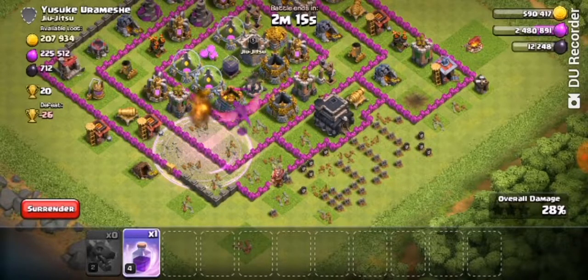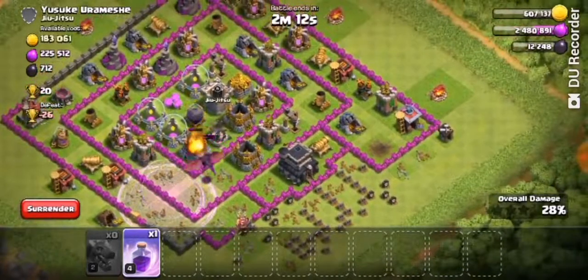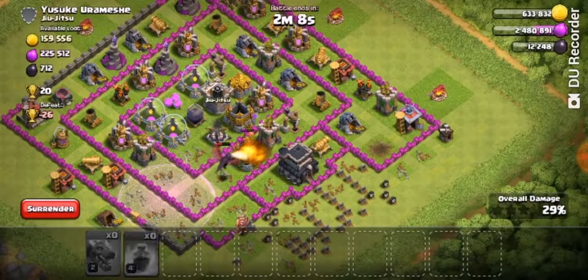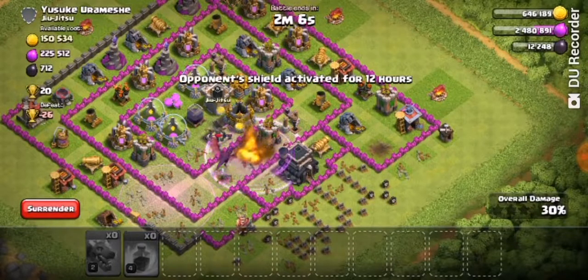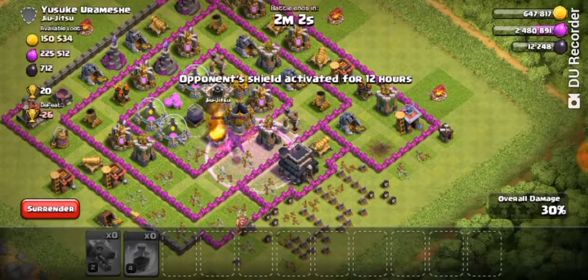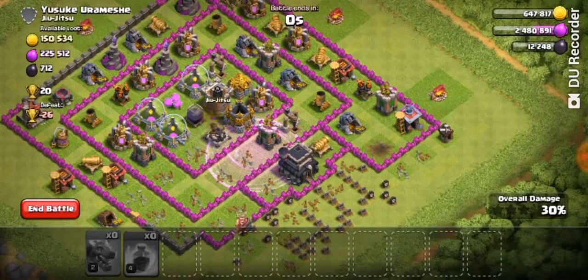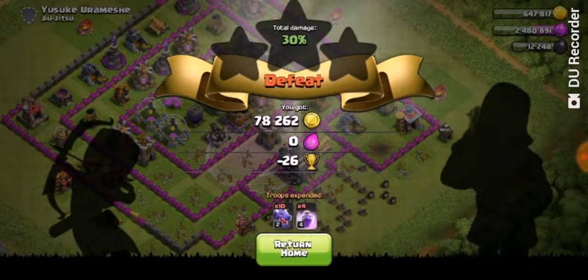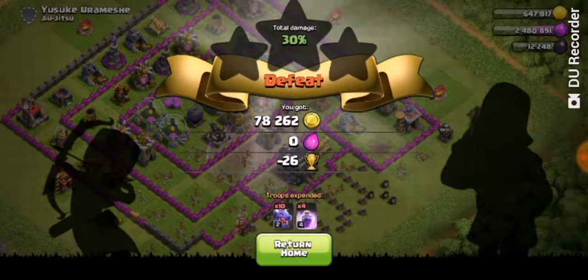What I would have done, if I'd had my Archer Queen and my Barbarian King, is chuck those guys out first, so I think I'm wasting this rage spell here, but hey, you never know. Let's just have a look and see how he gets on. There we go, the battle's over. You're going to get a defeat every now and again, but hey, that's Dragon Wars